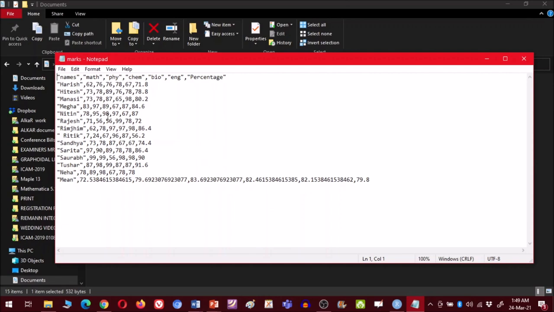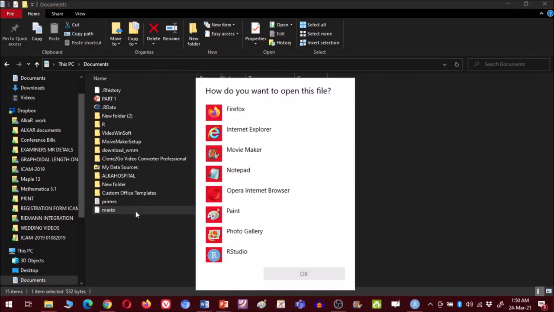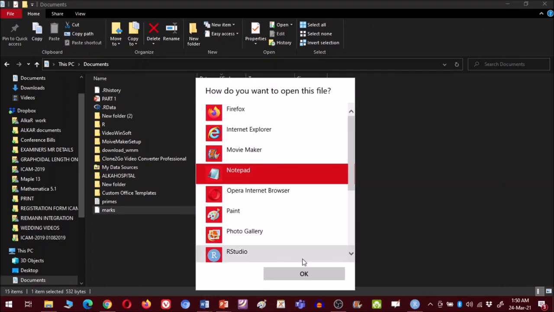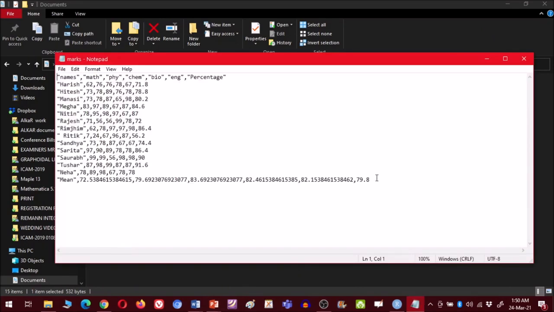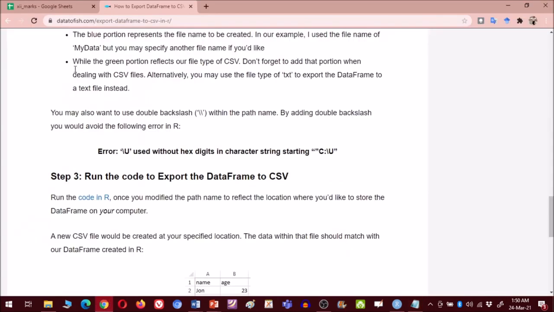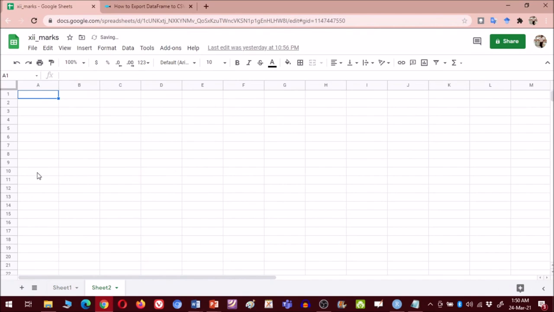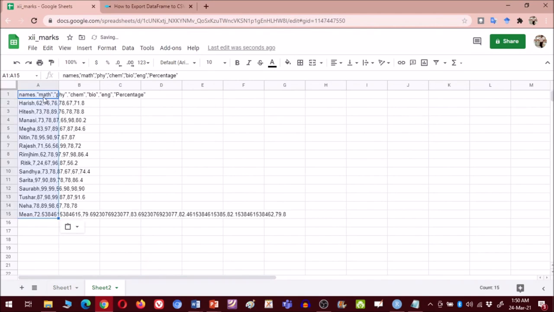Now you can copy paste this, transfer this, or import this file into an Excel file, and the same data will be stored there. Let me open it with Notepad. All this data, we can copy and paste the same data into your Excel file.